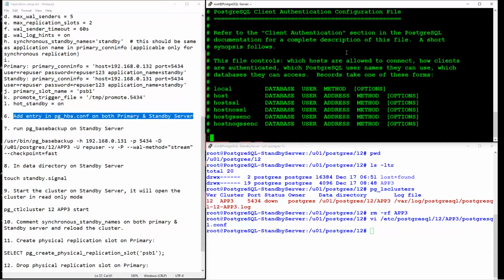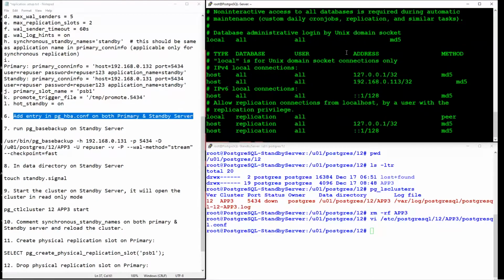Let me go to the end, copy paste, change this one to rep user. Let me add the IP address here. This is going to be my standby server IP address. Let me add a similar entry here.